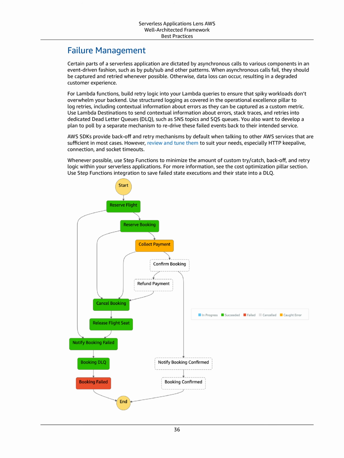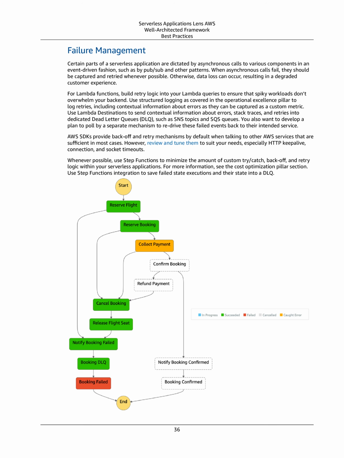Use Lambda destinations to send contextual information about errors, stack traces, and retries into dedicated dead letter queues, DLQ, such as SNS topics and SQS queues. You also want to develop a plan to poll by a separate mechanism to redrive these failed events back to their intended service. AWS SDKs provide backoff and retry mechanisms by default when talking to other AWS services that are